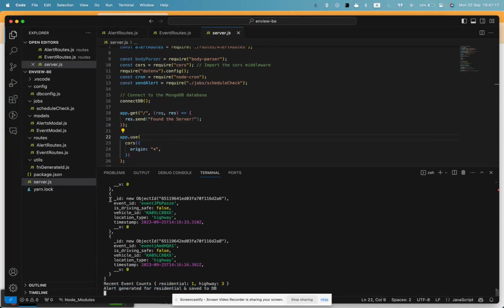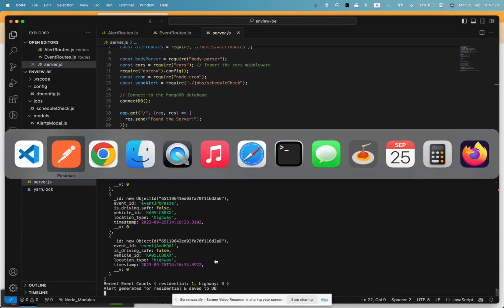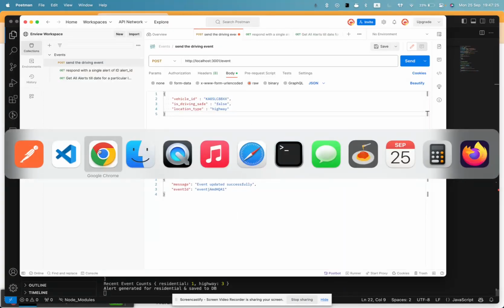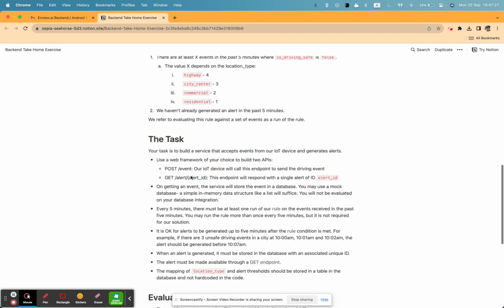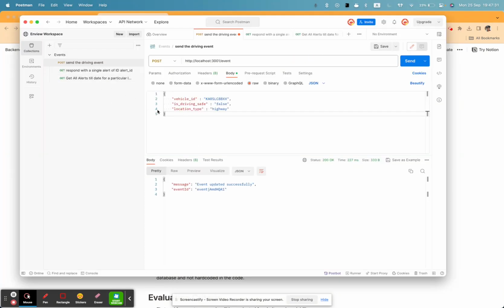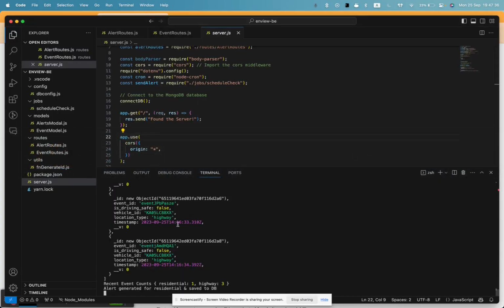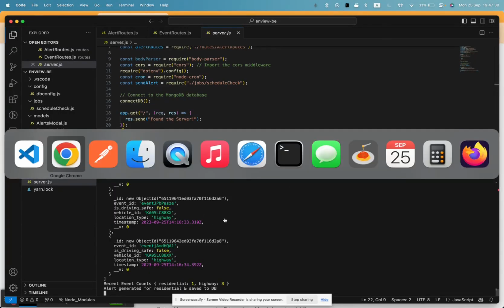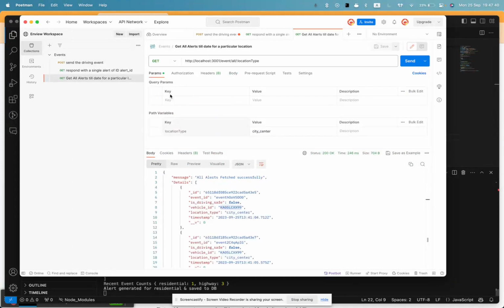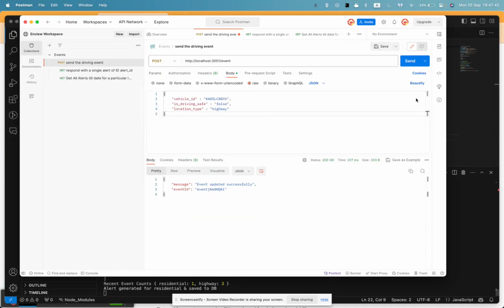We have created two collections: one is alerts and another one is events. The events collection is immediately populated with the post request to /event from the IoT device, and the alerts are generated in the backend. And when a user goes to query the alert, for example,